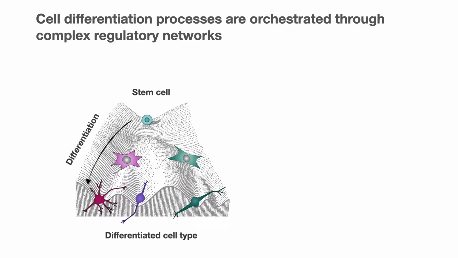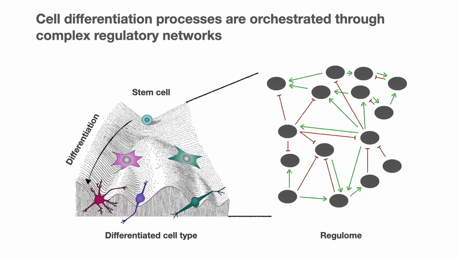In our lab, we're usually really interested in how cells change their identity over time. This is often a differentiation process, where a stem cell becomes differentiated into some mature cell type. Often this is depicted by Waddington epigenetic landscapes, where the valleys control the state of the cell and form these bifurcation events while it differentiates. Inside the cell, this landscape is shaped by a regulome, or a complex circuit of transcription factors that control gene expression while the cell differentiates.